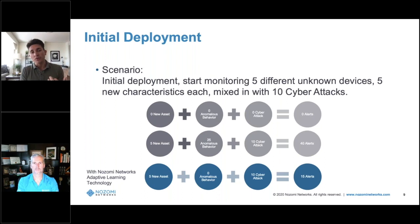But what we are doing on the Nozomi side is basically providing all this extra information. Even if you update to a new firmware on a specific device in your network, and embedded with that there is a change in the behavior that is still inside the normal, that's an intelligence that we provide, and we make sure that we guide the customer, not raising an alert, or we advise them that this is a behavior that is not very important, because it's part of the update of the firmware. So that's just 2 examples, just to say, one more time, just doing anomaly-based detection